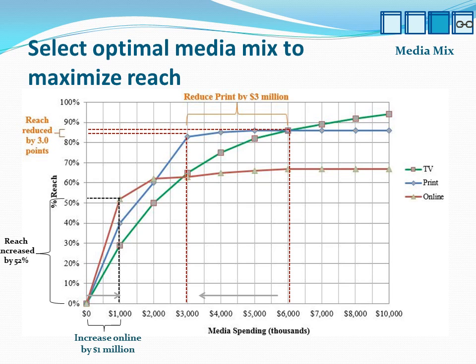In this slide, we're looking at how to select the optimal media mix to maximize reach. As we know, advertisers buy media to promote their products. The more people in the target audience that are exposed to the message, the greater the demand for the promoted product. Therefore, the media plan should maximize the number of people reached in the target audience, subject to a given media budget. As discussed, to optimize the media mix to maximize reach, unproductive media spending must be eliminated and redirected